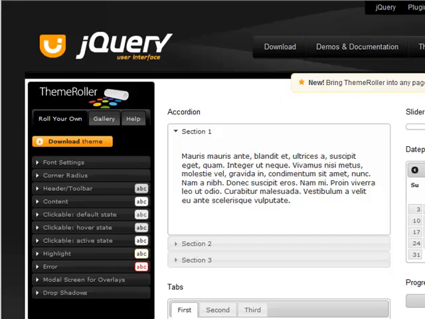Now, the theming engine was developed primarily to style the widgets in the UI library like tabs and calendars. However, it's also applicable to the rest of your site too. So in this video, I'm going to show you how to create your own theme and install it in XMod Pro so you can apply your theme to your forms with just a single mouse click. Let's get started. First of all, navigate to